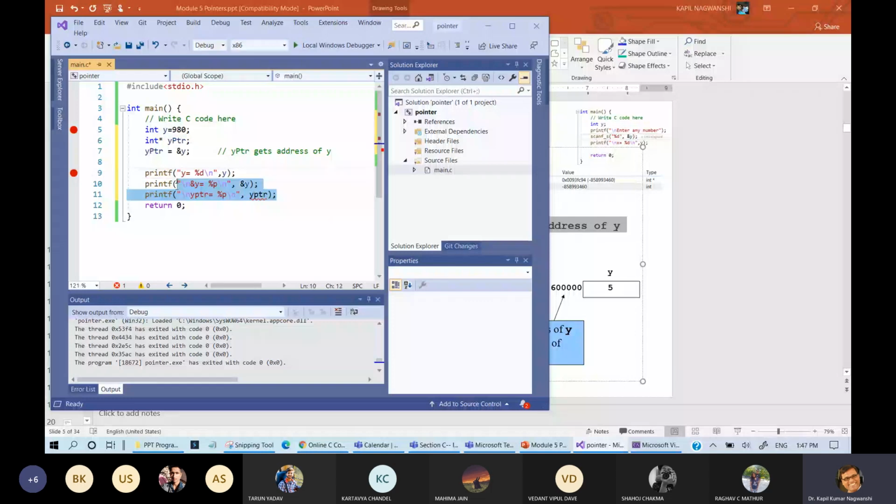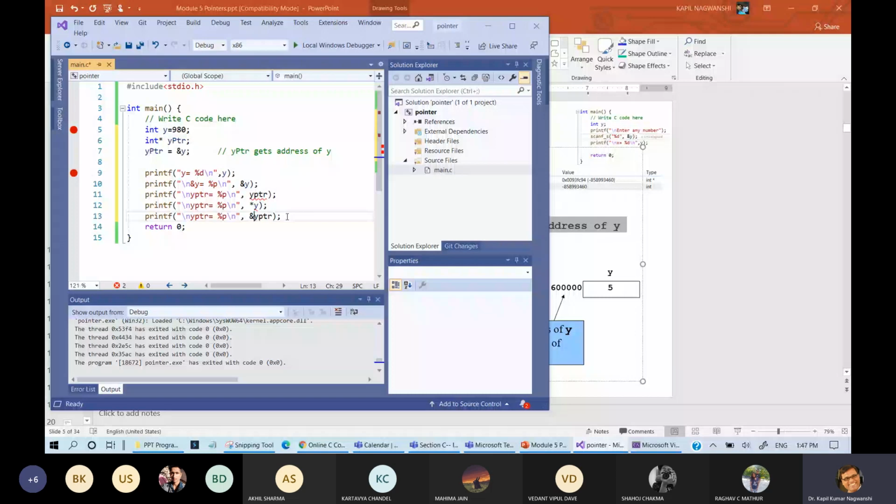Then one more thing we can use, star Y. What is the value of star Y? And one more thing I can use, address of YPTR. Okay, so we have used these four or five things.